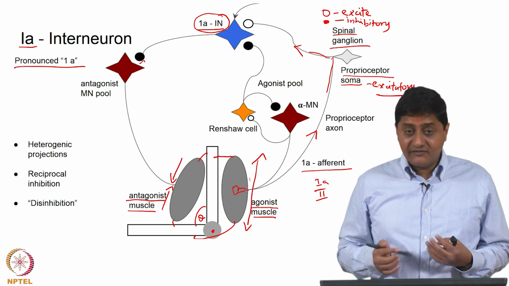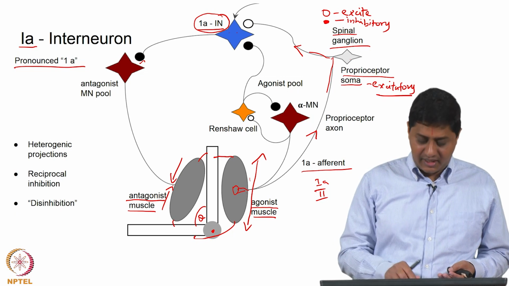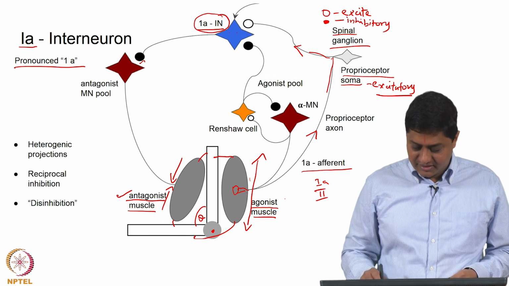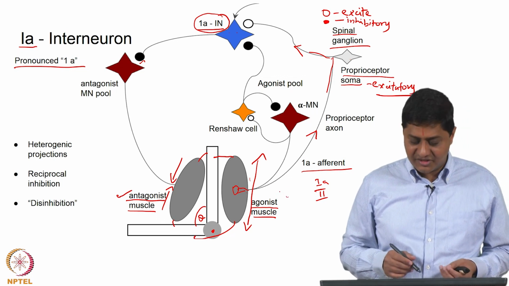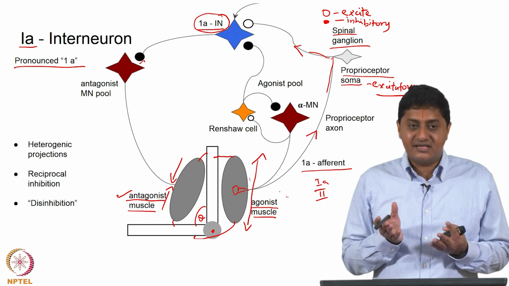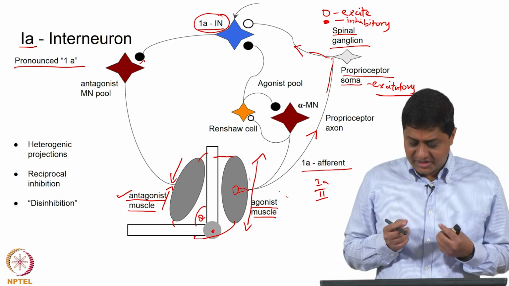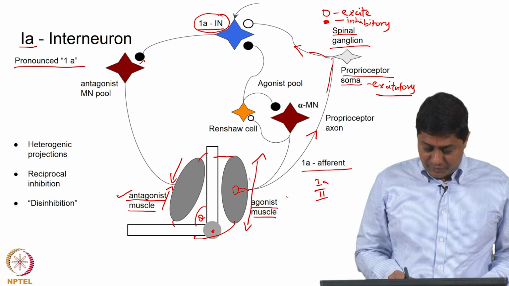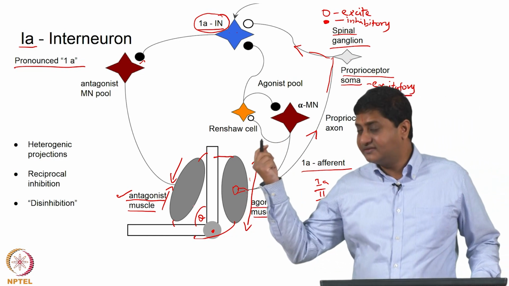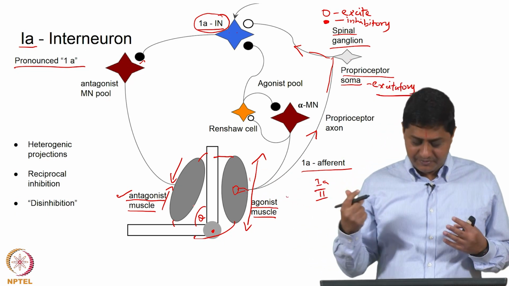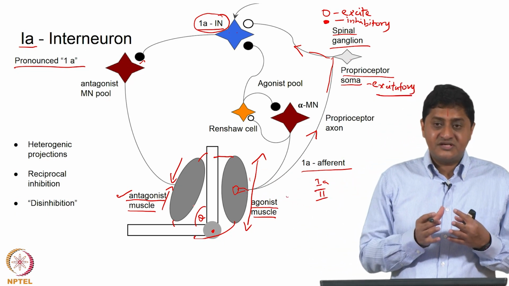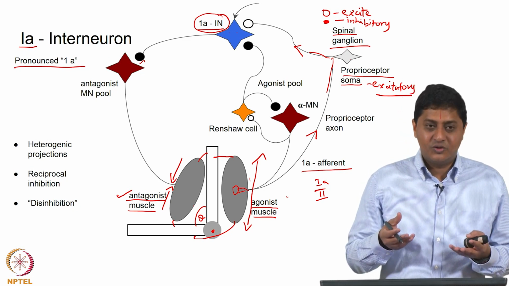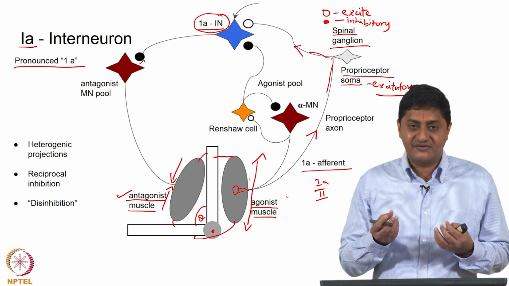Why is this needed? Otherwise, this muscle can keep on contracting, and the antagonist muscle can keep on contracting and the agonist muscle can keep on stretching. At some point it could cause damage, or to create a balance in the amount of contraction and stretching between these two muscles. Also, we are not just interested in achieving a particular posture, which is theta. So, when I am saying that is the theta I want, it is not just that we are interested in achieving that particular theta, I am also interested in achieving that with a relative sense of ease or smoothness. Humans like this. So, we like to achieve this with some smoothness.